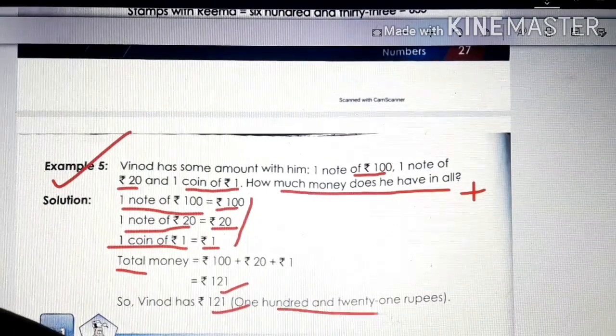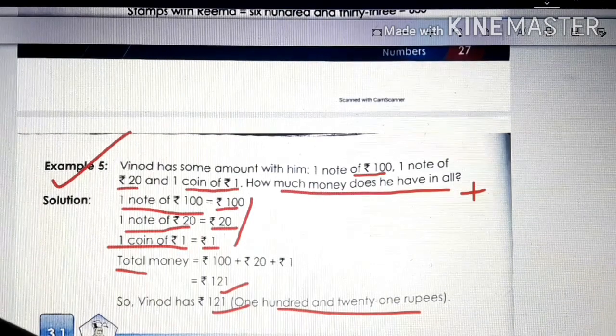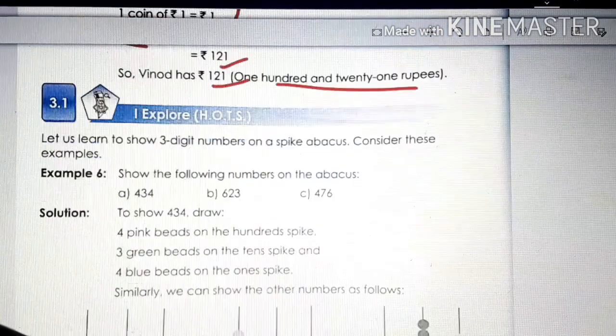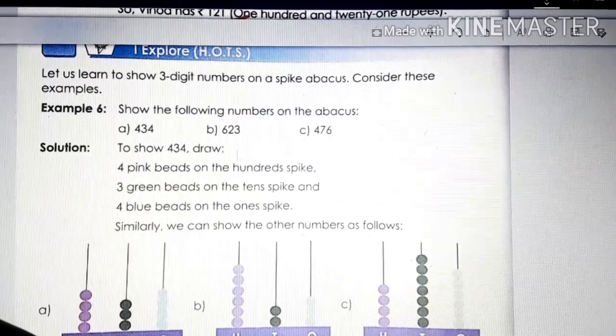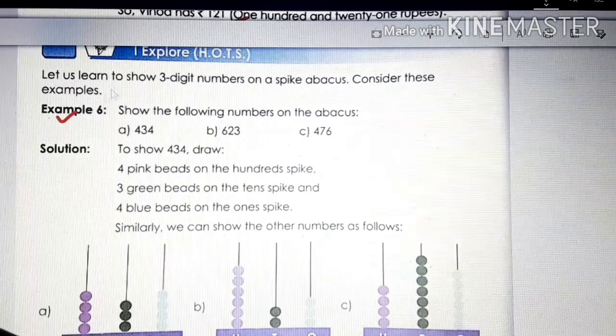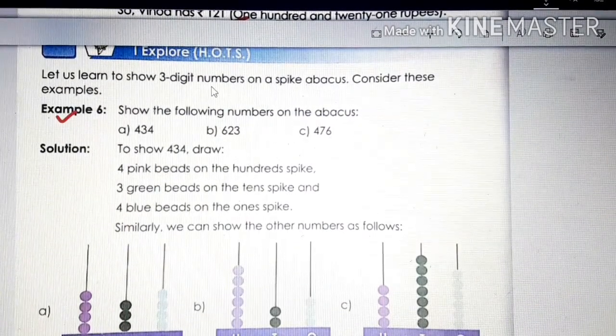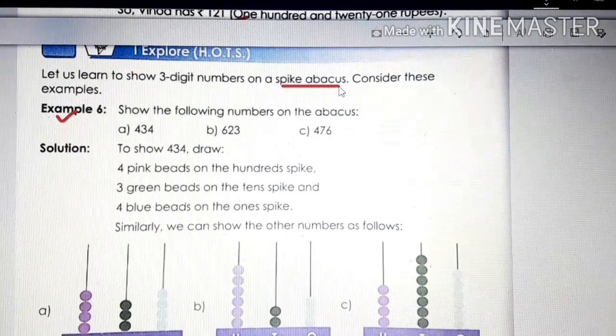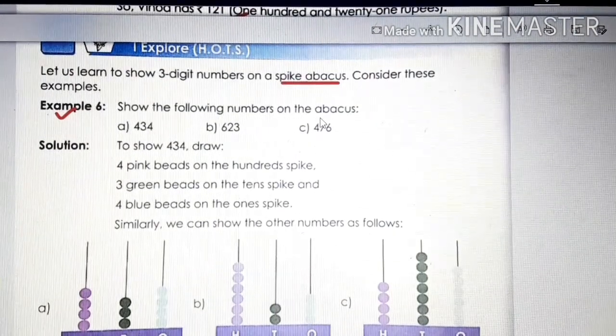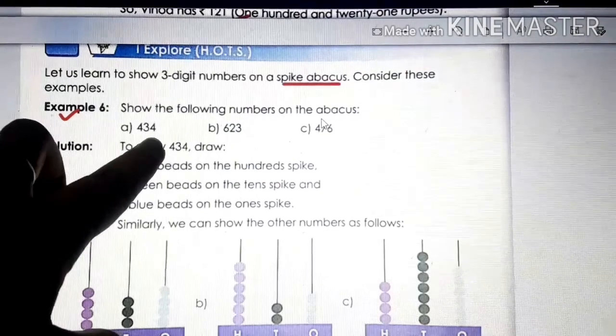121 rupees. Clear? These questions you can practice at home, children. Next is example 6. Let us learn to show 3-digit numbers on a spike abacus. So you know how to do this. You have already done it in class 1. So the number you can see